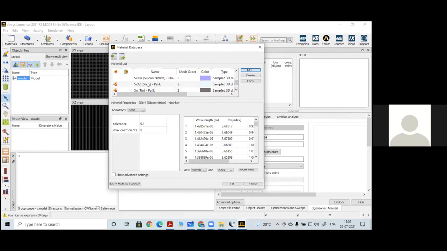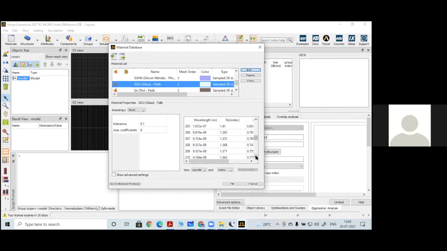And next we have silicon oxide. This is the glass. Silicon oxide is also called glass or silica. Its refractive index varies from the starting wavelength. The optical band we are looking at is 1550 to 1580. In that particular wavelength range, if you look at the values, the refractive index is in between 1.4 to 1.5, around that range.